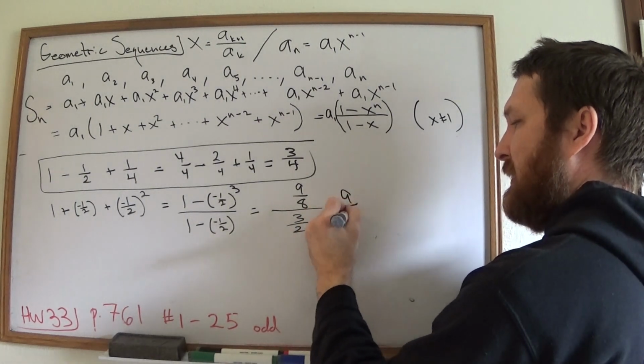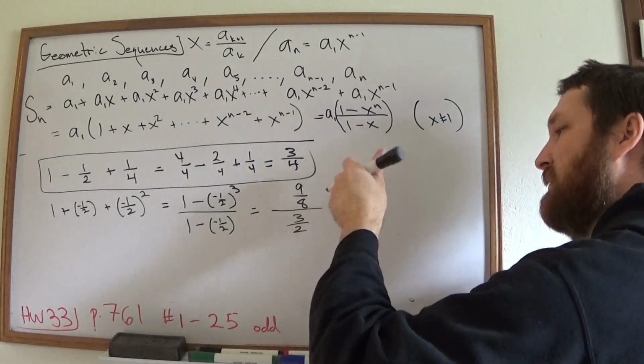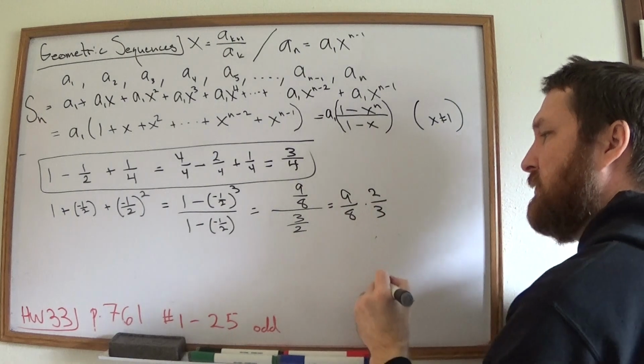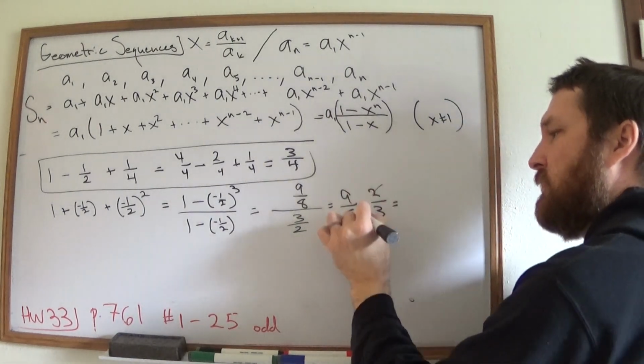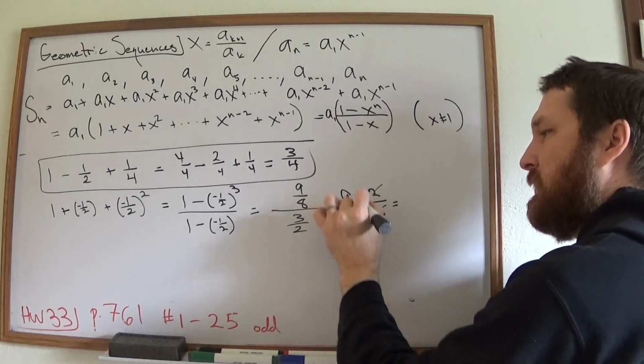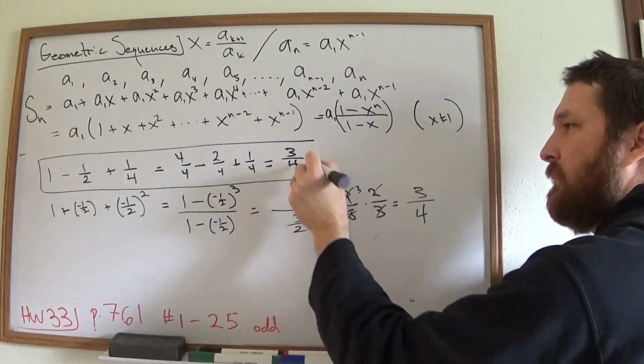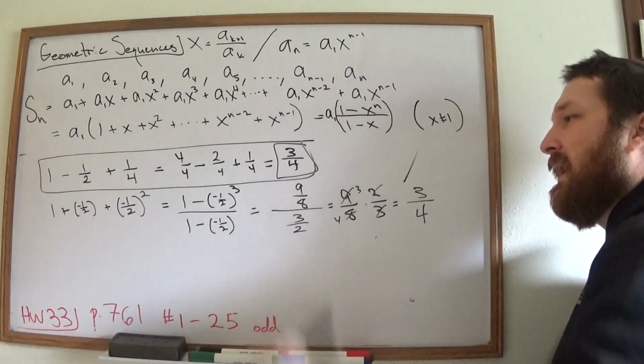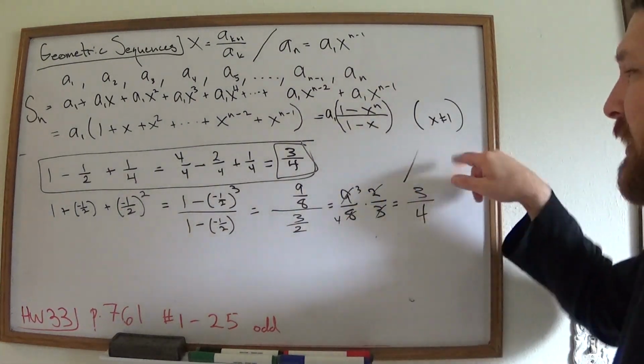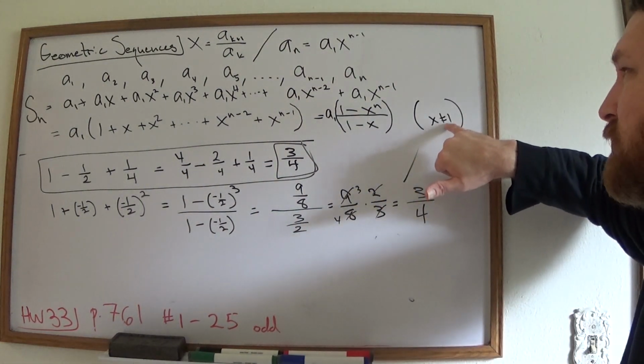That's the same thing as 9/8 times the reciprocal, 2/3. The 2 cancels, leaves me a 4. The 3 cancels, leaves me a 3. And so I have 3/4. Is that what we got? Yes. Indeed, it works. So, like I said, the only thing that we have to assume is that x is not